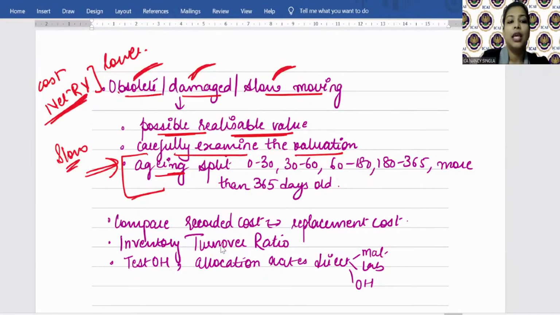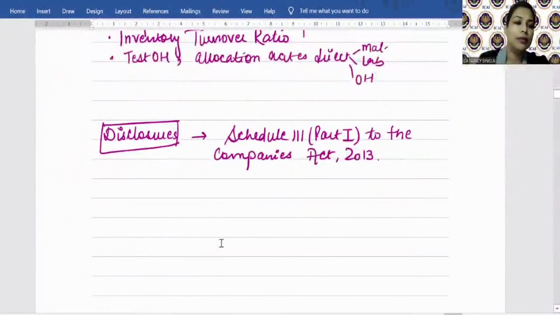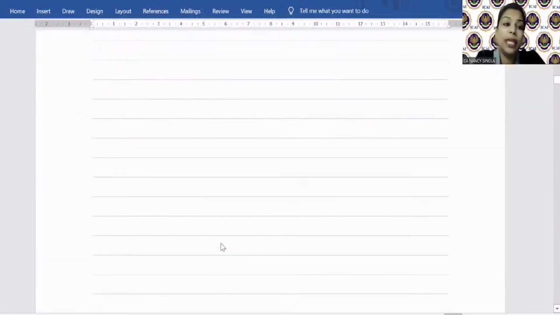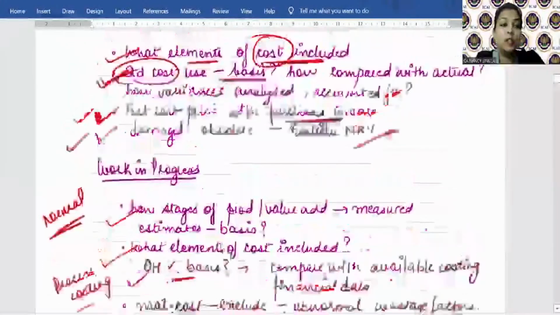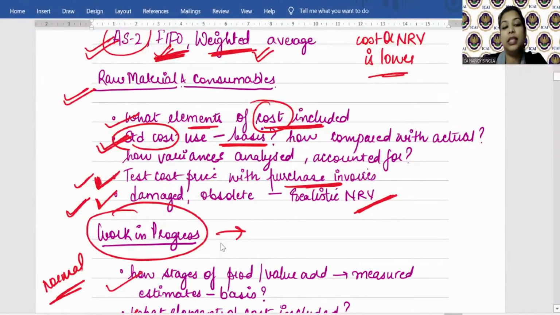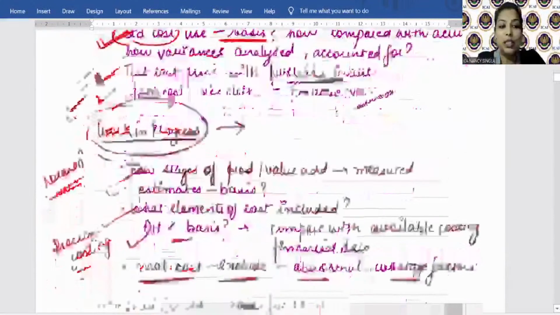Okay? The auditor will then consider whether the overheads that have been included are direct with respect to material, labor and overhead. So this was with respect to valuation of inventory. Okay? You may get a 4-marker question with respect to valuation of the work in progress of ABC Limited engaged in the manufacture of, let's say, chocolates. So this is the answer. You need to